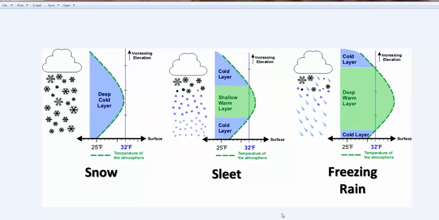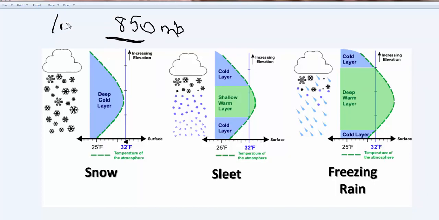All right. This is a temperature profile for you folks out there who don't understand the difference between snow, sleet, and freezing rain. So let's briefly go over this. Let's assume in each one of these diagrams that you are located right here. Okay? So if you're looking up at the atmosphere, when you have snow, let's say the cloud level is here, and this is usually your 850 millibar level. Okay? 850 millibars. Usually what happens in 95% of the cases, sometimes it's 750 millibars.